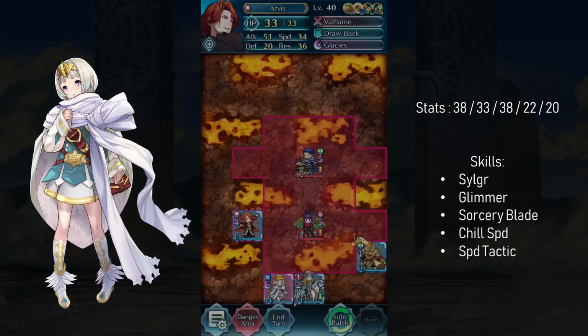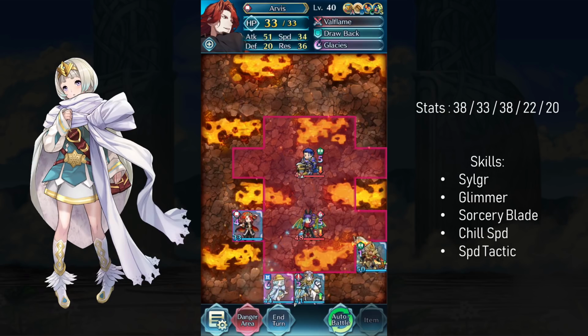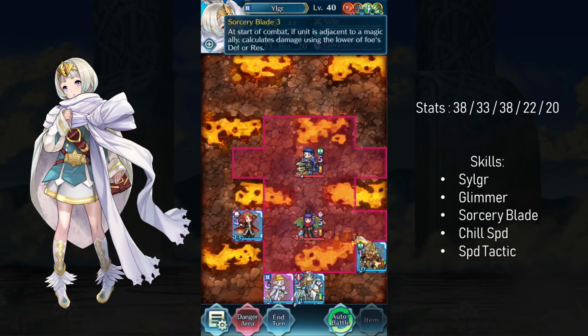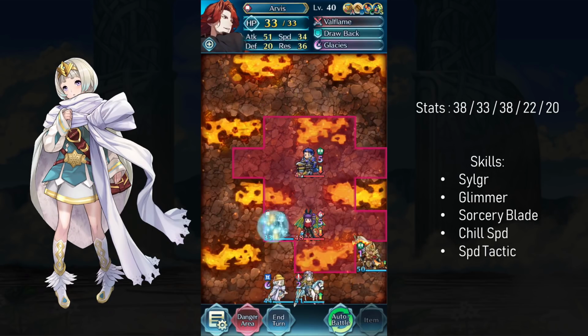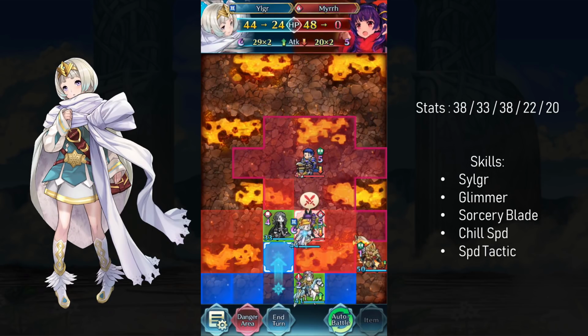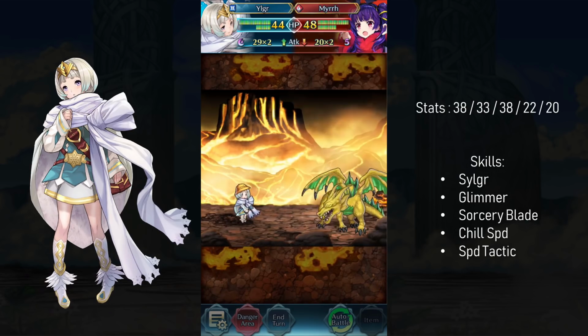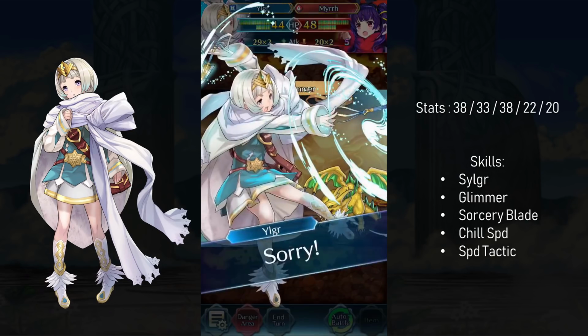Now regarding Sorcery Blade, I will say that it's not an easy skill to use. Ideally it's better for a defensive unit who can bait enemies in on the enemy phase and just stand next to their mage ally. However, Ylgr is very much not an enemy phase unit. She is pretty frail, and while she can probably take a hit, I wouldn't want to put her in danger